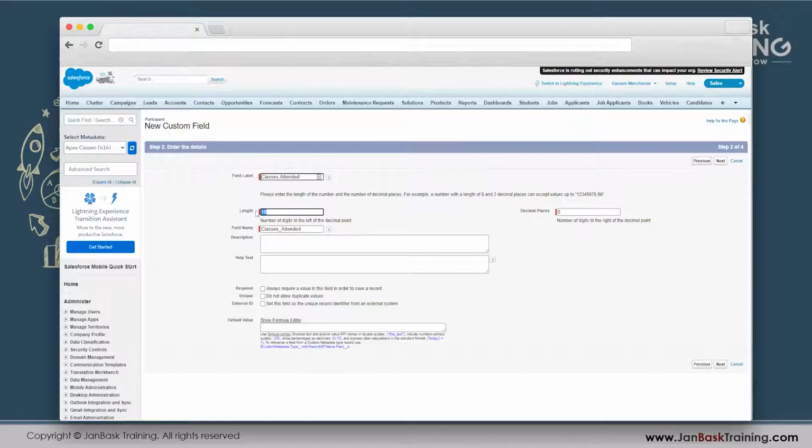Length is just the length that you can enter up to. So I don't think it will be more than 2 digits. So 99 a max. So I just limited it like that. How many characters can it hold? Required, unique, external ID, required simple. It is required. You will not be allowed to save the record without this information. I don't want to restrict like that, so I will just keep it relaxed.